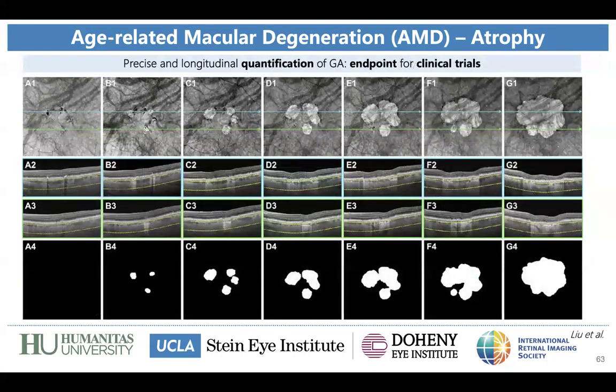This is an example from a paper from Dr. Rosenfeld's group showing that hypertransmission defect can actually be quantified, and so there is great promise also in terms of clinical trials using ANFAS-OCT as an imaging endpoint to monitor geographic atrophy, especially with the recent advent of complement